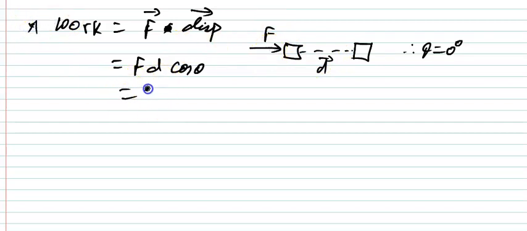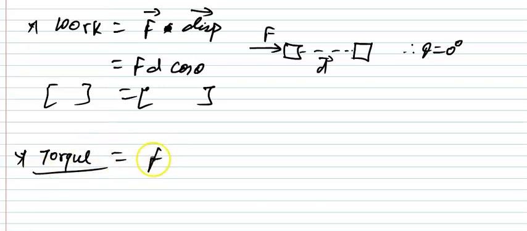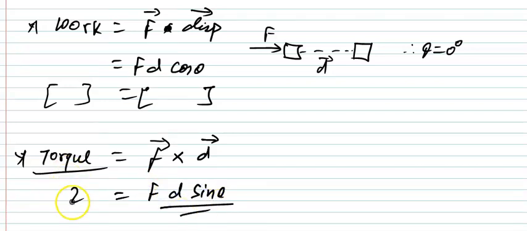It has the same dimensional formula. If we calculate the dimensional formula, it is similar to torque. If this is our torque, it is also force, but it is a cross product. Be careful, it is the cross product. We will discuss it in our coming lectures on vectors. It is actually the cross product, so we are using the cross, and this is the displacement, so we can use the displacement over here. So we are not going to add this one. Okay, so we can write over here, this is F d sine theta, and this is the difference between the torque and the work done.